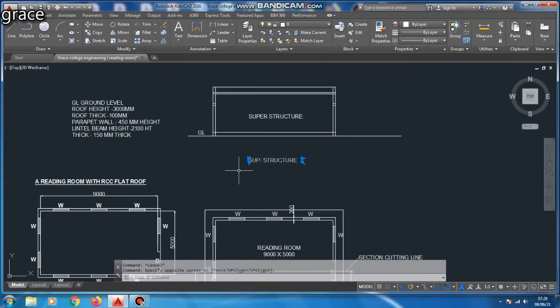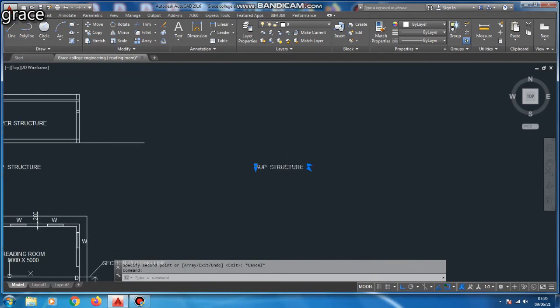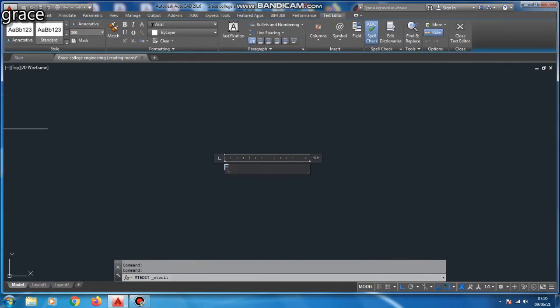So here we are going to draw a superstructure, substructure and the ground level for our building. So by adding some excess line, we have to complete the substructure also. So here I am using the same dimension style.